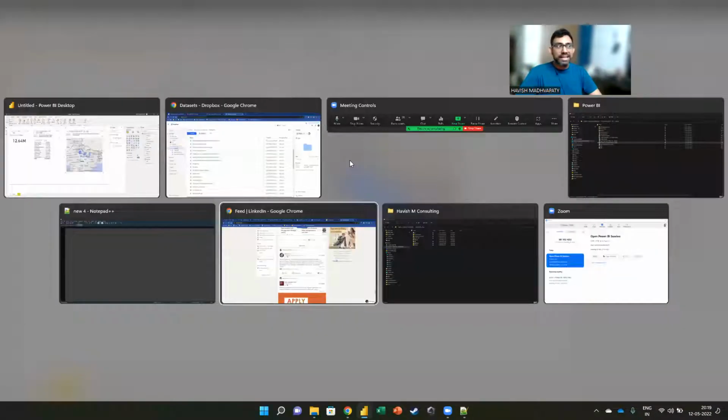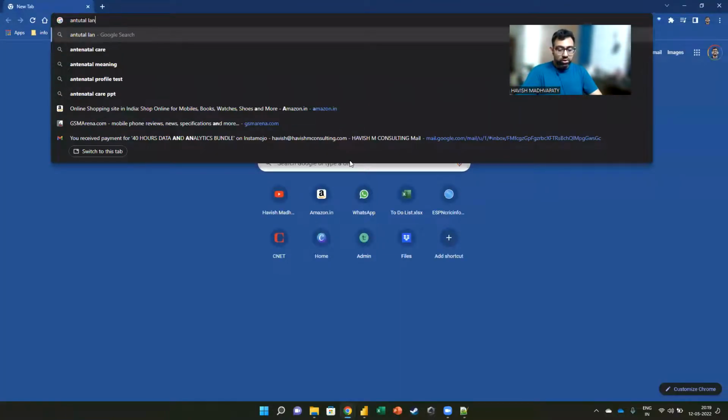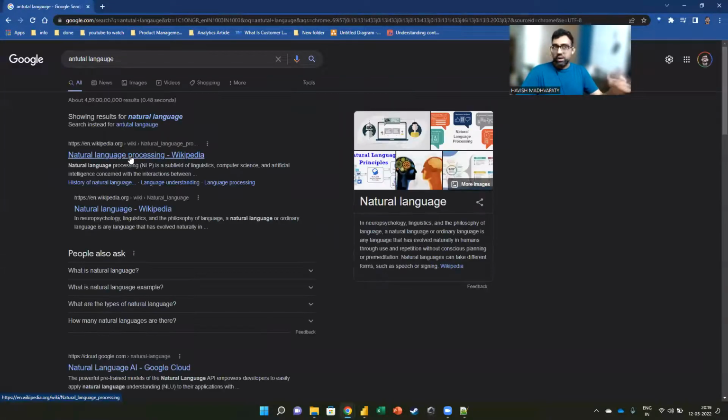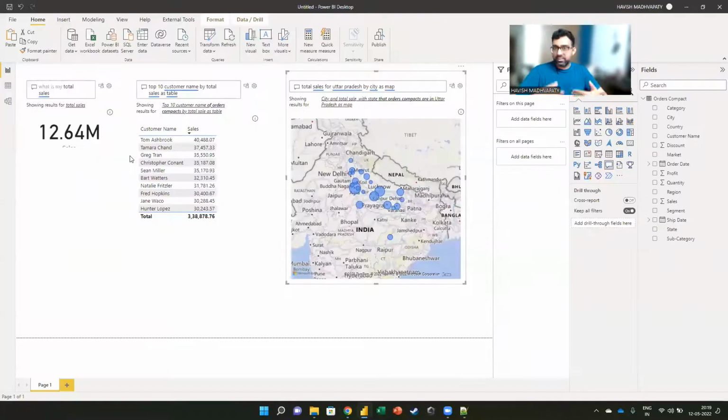This is what we call natural language. If you haven't heard of it before, we call it NLP, natural language processing. Natural language is an area in machine learning, AI, data science, data analytics, psychology, consumer behavior. It's an interdisciplinary subject. The idea of natural language is that you can ask a question in natural language. So I don't have to remember a query or a formula or a syntax. I can ask a question the way I would talk to you, right? If I say, can you tell me who are the top 10 customers? That's exactly what we are doing here, right?